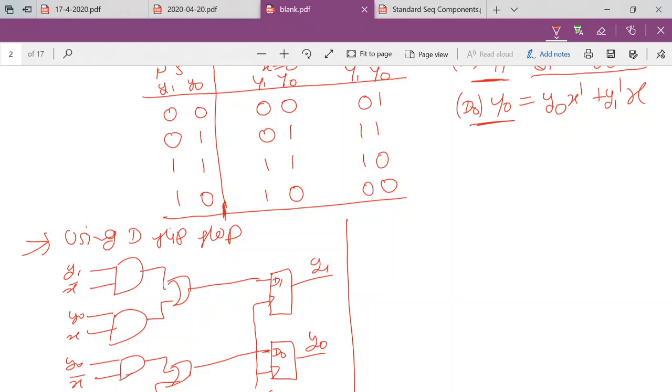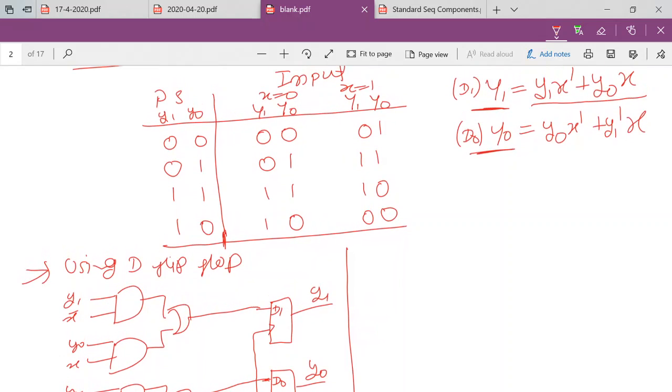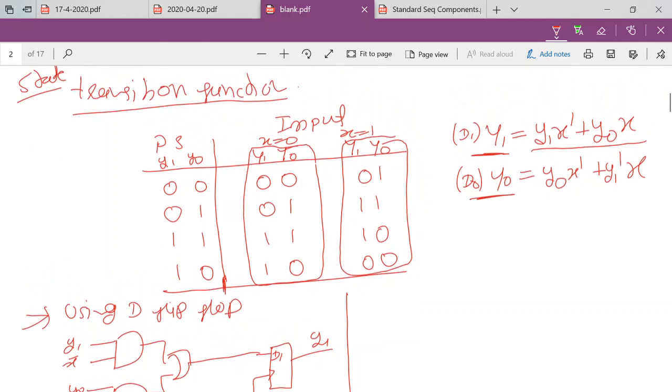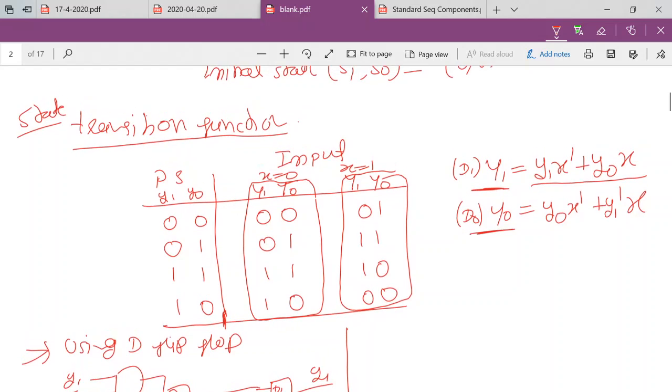If you analyze this, this is a very simple example to implement through the register, because in this case the next state is not changed if x equals 0, and the next state is only changed if x equals 1. As we have discussed, in the case of a register the output only changes when LD equals 1. Whatever the input is will be available at the output if LD equals 1, otherwise it will not change. So now you can use X as LD.